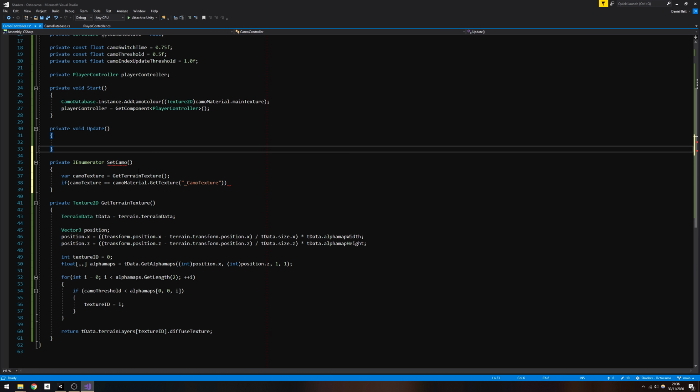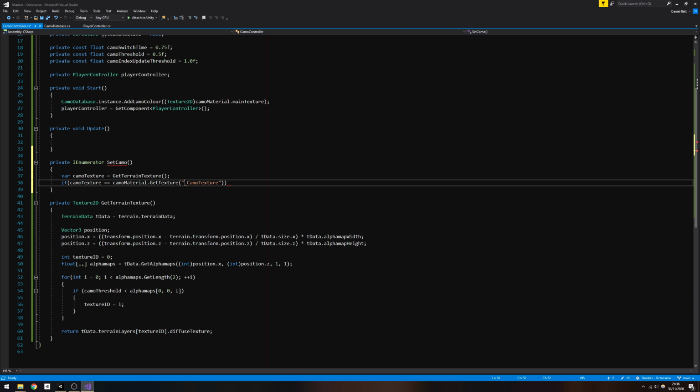So basically we're saying here, if the texture we are stood on is equal to the texture already applied to the player, we are going to store that in a shader property called _CamoTexture. So we're saying if they're equal,